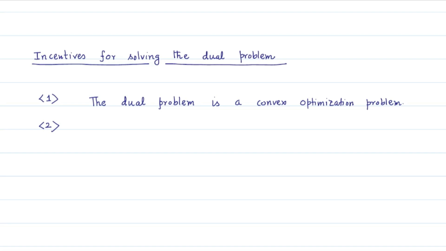The number of variables in the dual problem is commonly smaller than that of the primal problem. And therefore, the dual problem might be easier to handle than the primal problem. So I write out here that the dual problem may have smaller dimension and simpler constraints